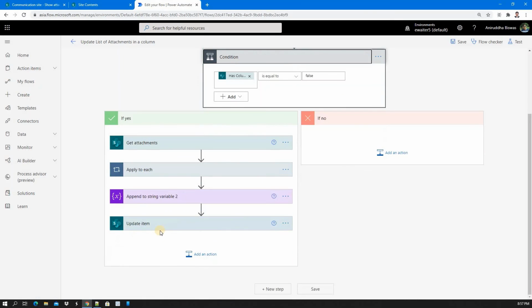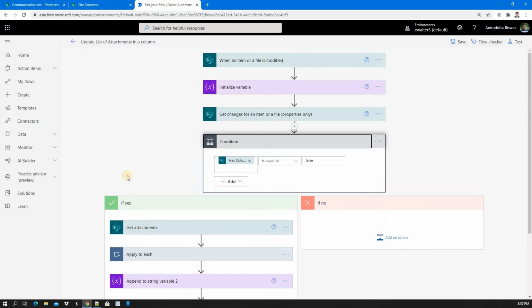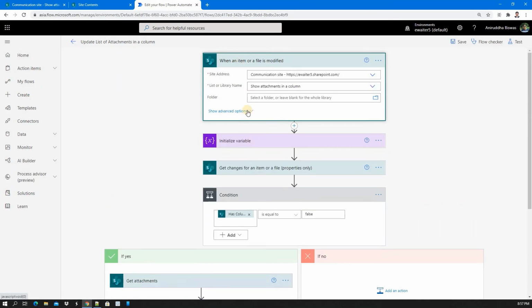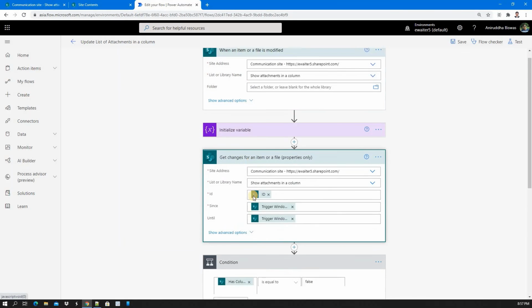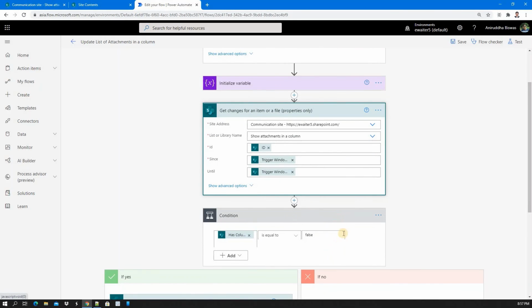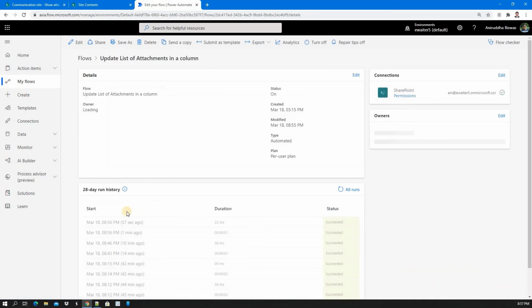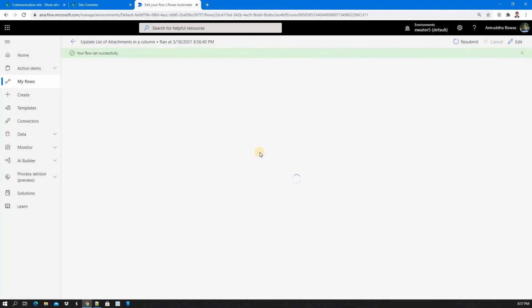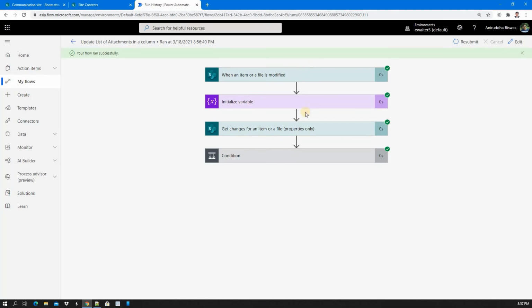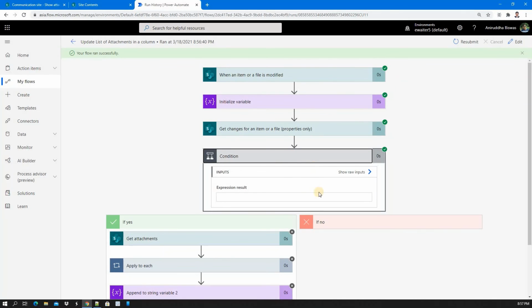Then it updates the item again, and then it calls here. When it came here, the condition was not satisfied, so it went to no. Let me check. If I go here, you can see in the condition it basically failed and came here.